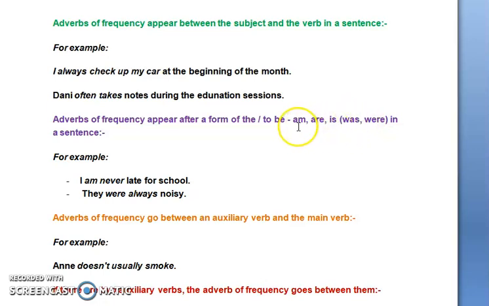am اللي هي I بتاخد am، are للجمع for plural subjects، is for singular subjects السبجكت اللي بيكونوا مفرد، وفي عندنا was و were بحالة الماضي، was للسنجولار و were للبلورال in a sentence. So let's check them. For example, I am never late for school. إذن it appears after the form of the verbs to be. I am زي ما احنا شايفين هون ال am هاي مين أخذتها ال I. So I is the subject, am is the verb to be that the I takes.